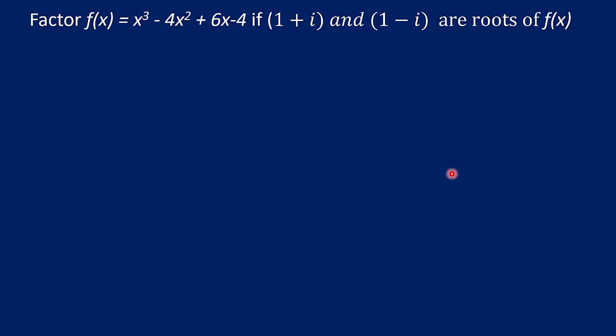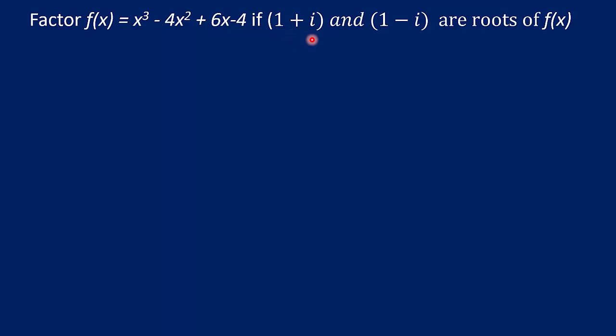Now let's look at another polynomial with a little more complex roots. Pun intended. So instead of saying that negative i and positive i are roots, now we have 1 plus i and 1 minus i are roots. Now here's what we know, and here's the connection we need to make and have firmly in mind, that if